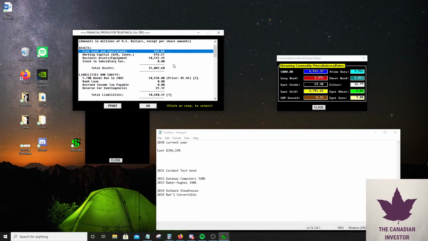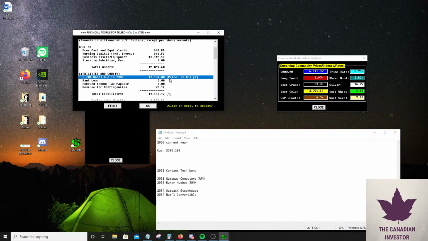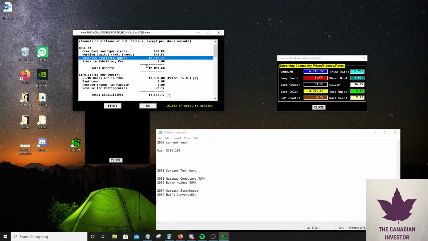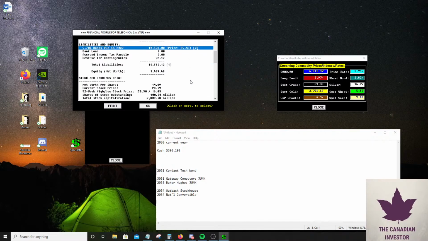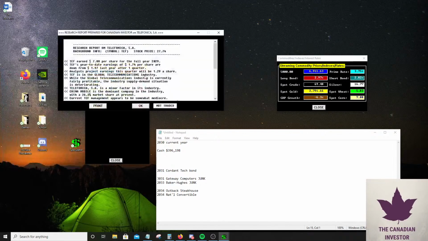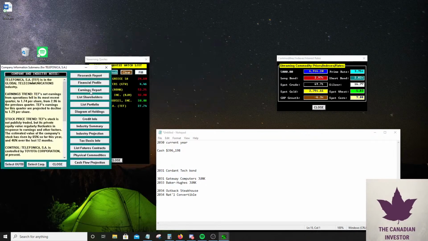600 million. Oh gosh, I can see why they're in a little bit of trouble. 10,000. They basically have as much assets as they do in bonds, so all their business assets are tied up. So they're going to have to sell those for potentially a loss or a bit less than what it's worth. So in this case, this is a bit of a high risk bond. Unless they are going to receive profits out of the wazoo, I think this is not worth my time or looking into. $1.29 a share.